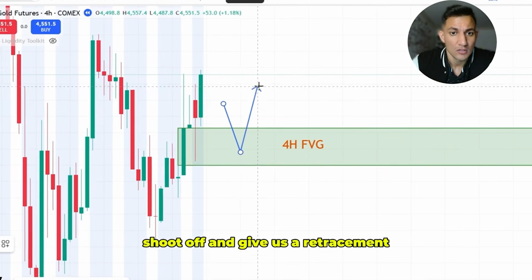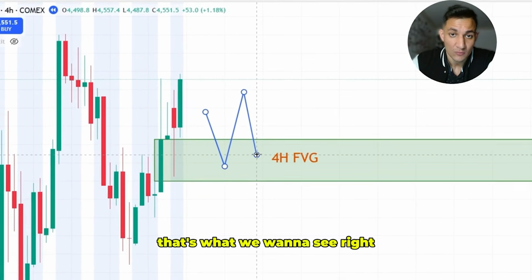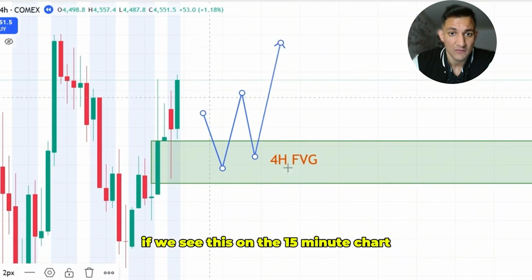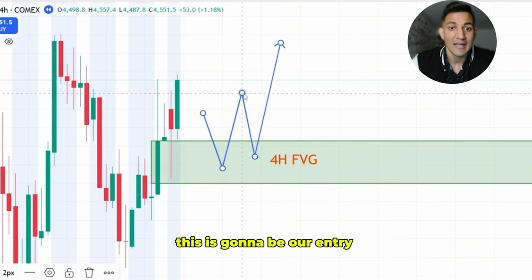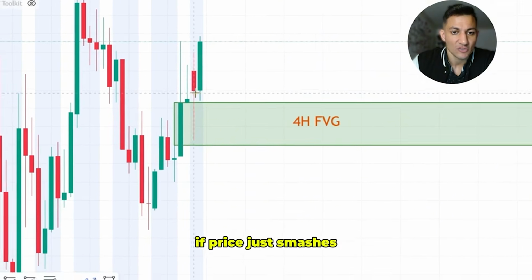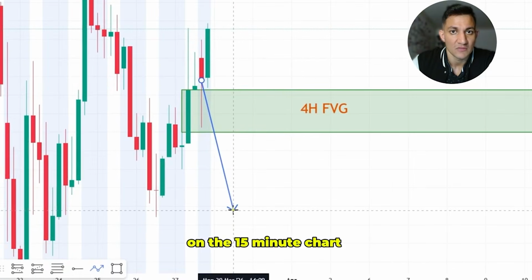Is it going to hold, shoot off, and give us a retracement? That's what we want to see, right? If we see this on the 15-minute chart, this is going to be our entry. However, if price just smashes right through this fair value gap on the 15-minute chart,